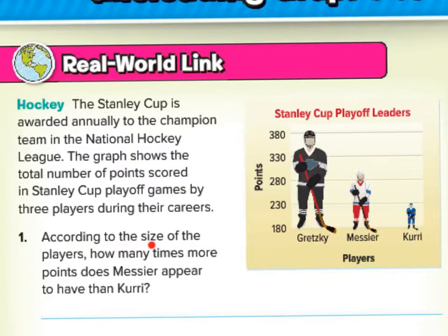According to the size of the players, you see that they're different sizes. How many times more points does Messier appear to have than Curry? Messier, you see, here's one line and here's the other line. It looks like he easily has double Curry, right? But